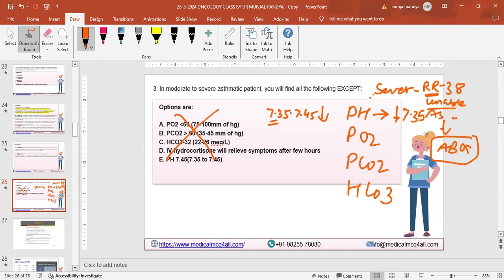Next is the PCO2 level. PO2, sorry. What is PaO2 or PO2? Arterial pressure of oxygen, right? So is it increase or decrease? Sir, it will decrease. Okay, it will decrease. What happens to PCO2, decrease or increase? PCO2 will increase. What happens to soda bicarb, increase or decrease? Soda bicarb decreases. Soda bicarb decreases, right? Yes, sir. So on your statement only, what do you think now? Now look at the options. What do you think?